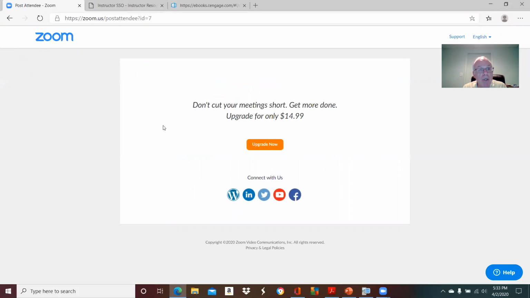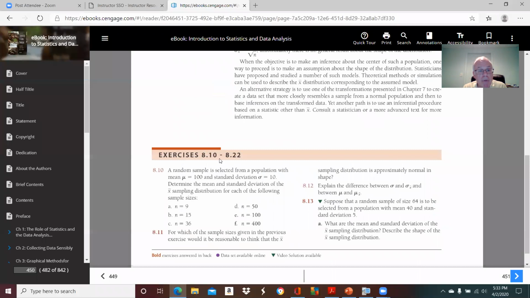And we're going to go to the ebook. There it is. We'll go to problem number 10. Problem 10 says, suppose we have a population with a mean of 100 and a standard deviation of 10. Determine the mean and standard deviation of the sampling distribution for X bar for each of the following sample sizes. So let's go back to the